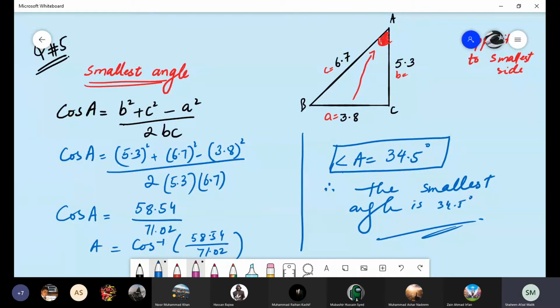Boys, done with this question? Can we go for question number 6? Everyone copied, or are you still solving? One minute. Keep your hand down. Abdul Rahman, is your mic working?